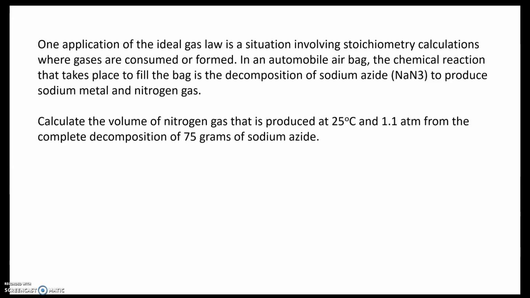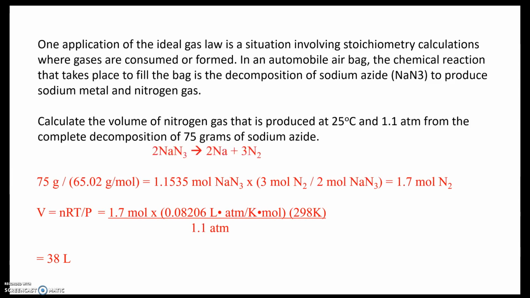We need to calculate the volume of nitrogen gas produced at 25 C and 1.1 atmospheres from the complete decomposition of 75 grams. Well, I think you can see in order to do this, we've got to get the number of moles of sodium azide. So we first write down our correctly balanced reaction. We see 2 moles of sodium azide reacts to form 2 moles of sodium and 3 moles of nitrogen. So 75 grams divided by 65.02 grams per mole for sodium azide gives me